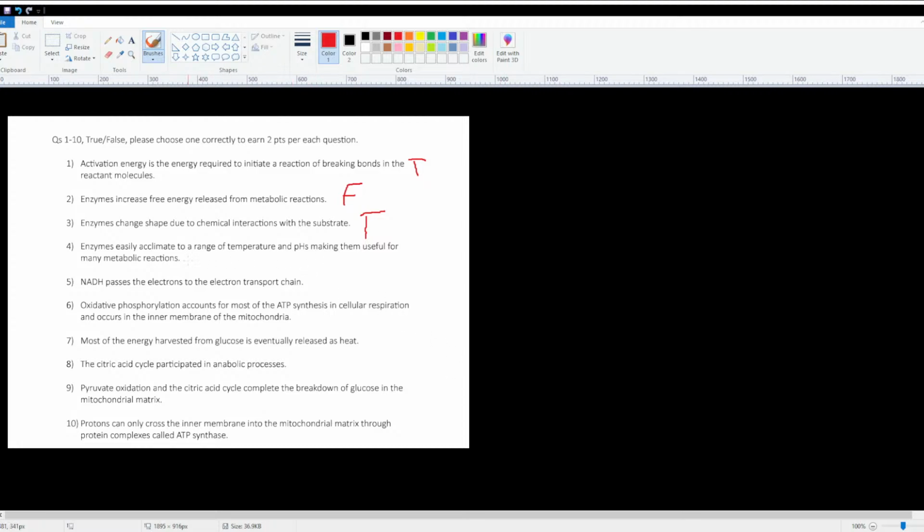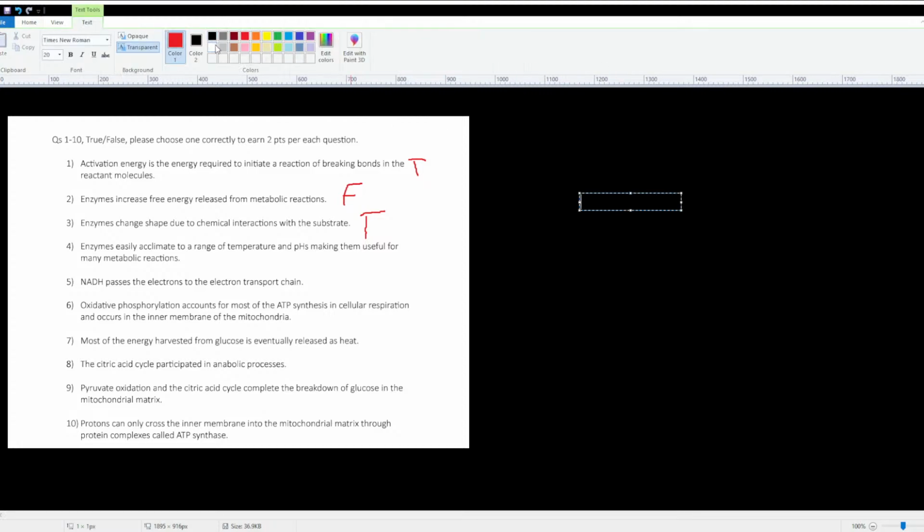So let's move on. Number 4 is asking, enzymes easily acclimate to a range of temperatures and pHs, making them useful for many metabolic reactions. This is one of the ones that I'm not 100% sure on. The thing about enzymes, and in fact most proteins, is there are a couple of really important things. Our bodies operate at a specific